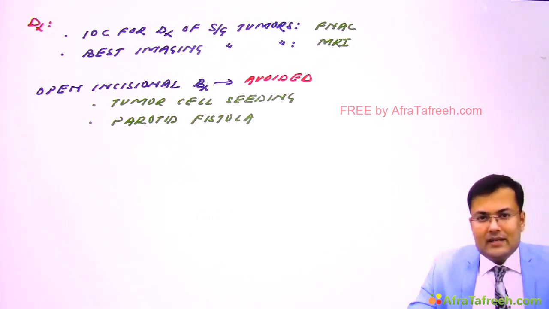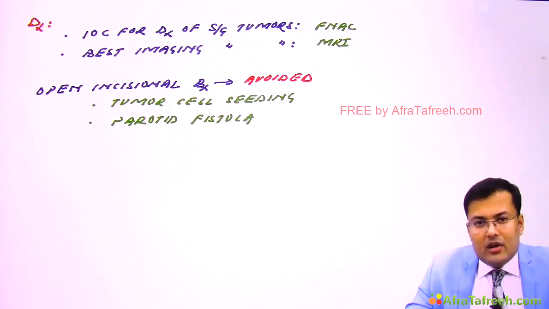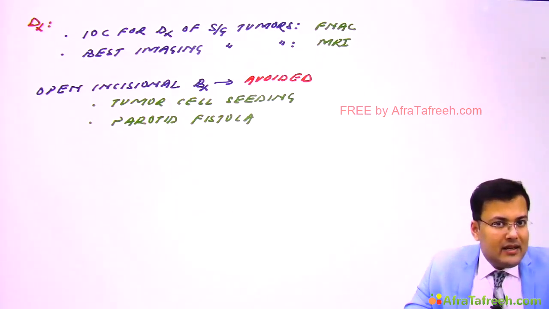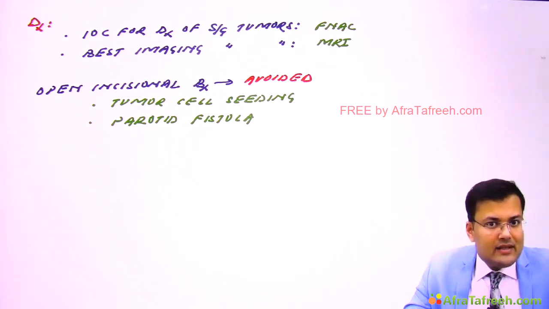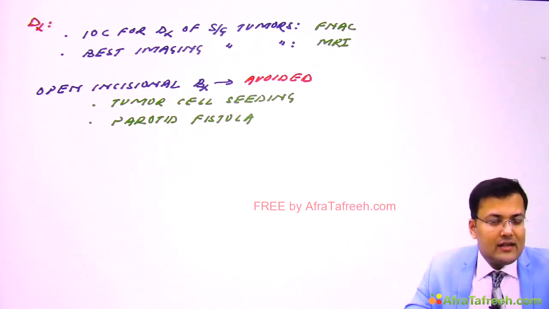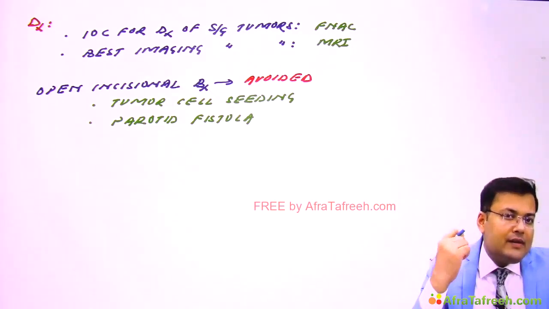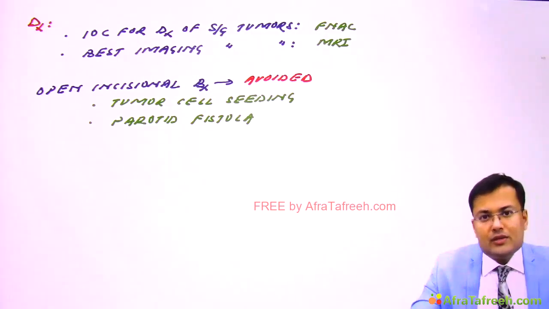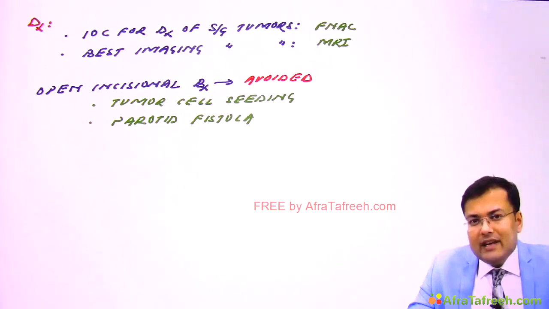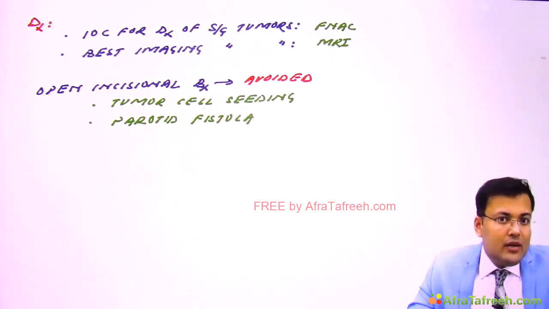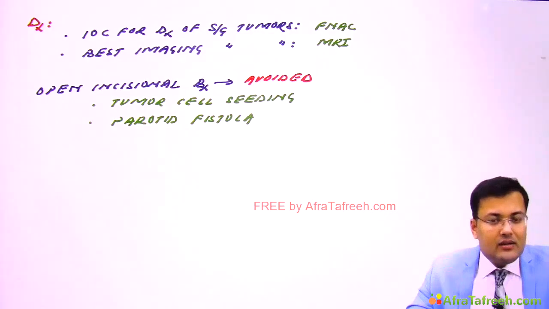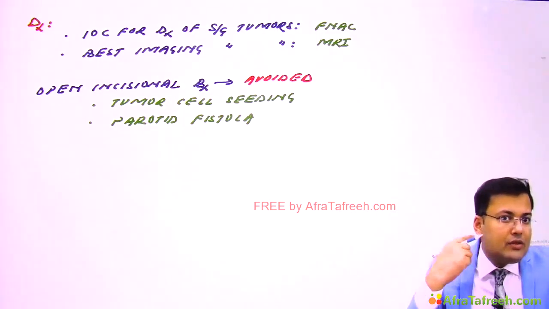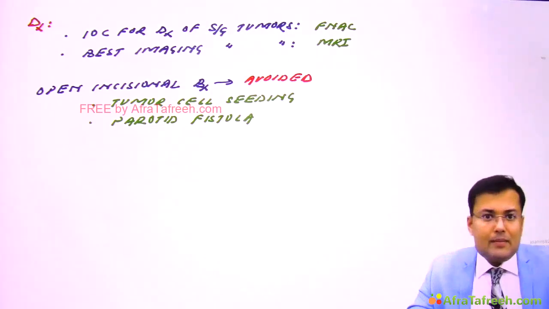Now see the risk of malignancy in salivary gland. The risk of malignancy in salivary gland is inversely proportional to the size of gland. Parotid is largest, that's why here the risk of malignancy is lowest. That's why you will find that 75% tumors in the parotid are benign, only 25% are malignant.